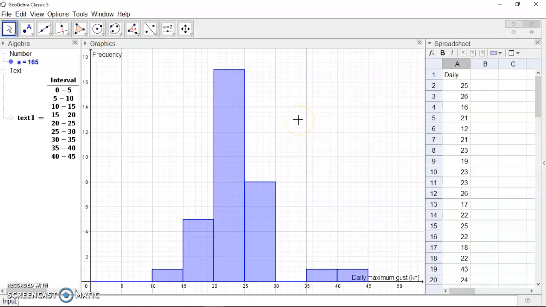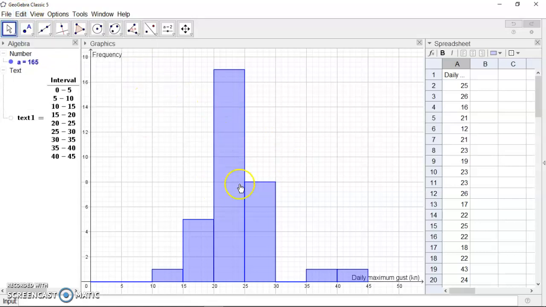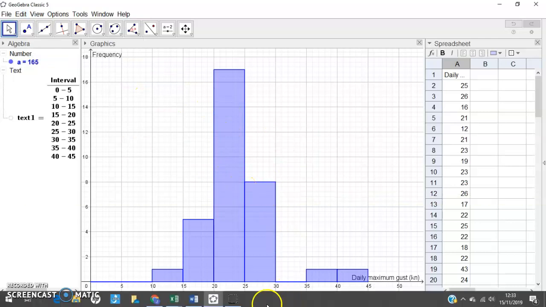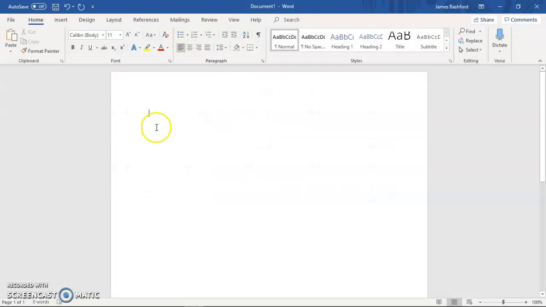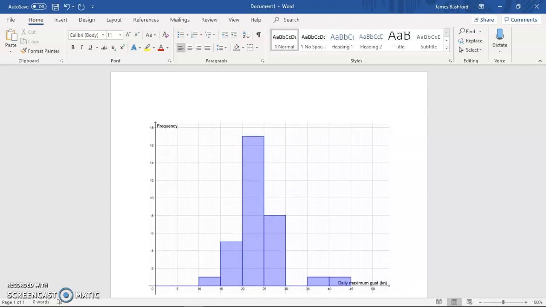And this is where we're asked to copy this graph into a Word document. So we can go to Edit in the top left and Graphics View to Clipboard, which just means it's in your computer memory, and then we can go to a blank Word document and simply paste in the normal way. So that's how you can get a histogram drawn in GeoGebra, and then copy it and paste it into Word,